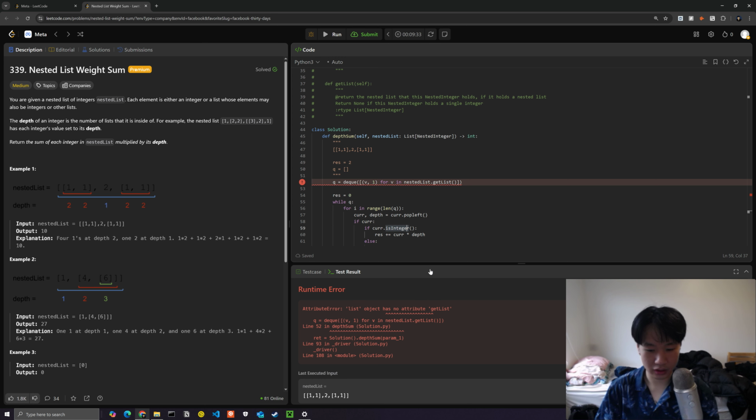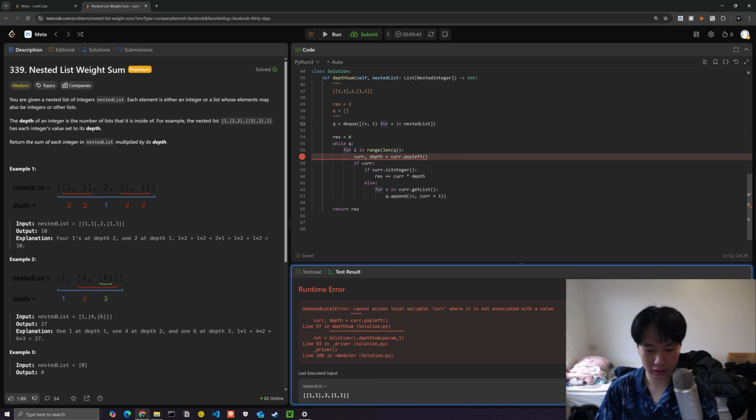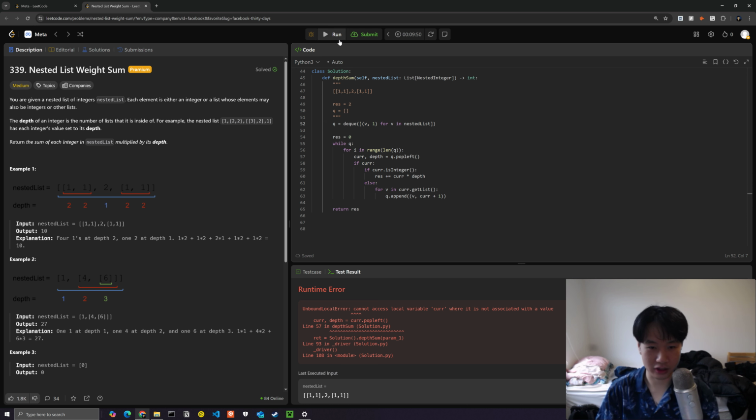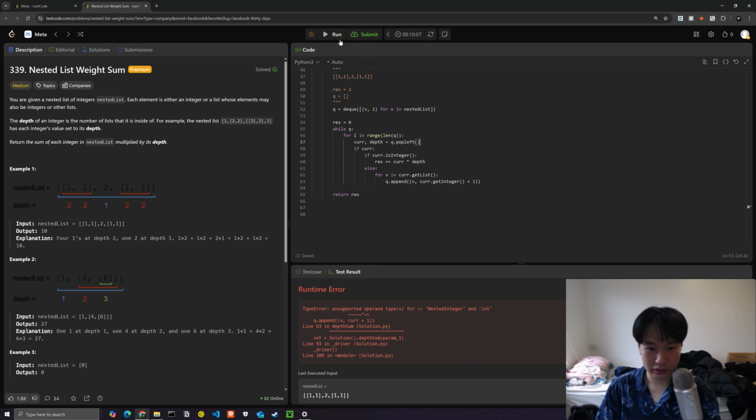Oh, okay, I see. I forgot. The initial element here is actually just a list of nested integers. So we actually don't need to call getList for the initial depth. And for here, oh yeah, we need to do q.popleft, not cur.popleft. One final thing here, unsupported operand type for NestedInteger. Oh, we have to do getInteger because we need to grab the actual value itself. So if we run this again,